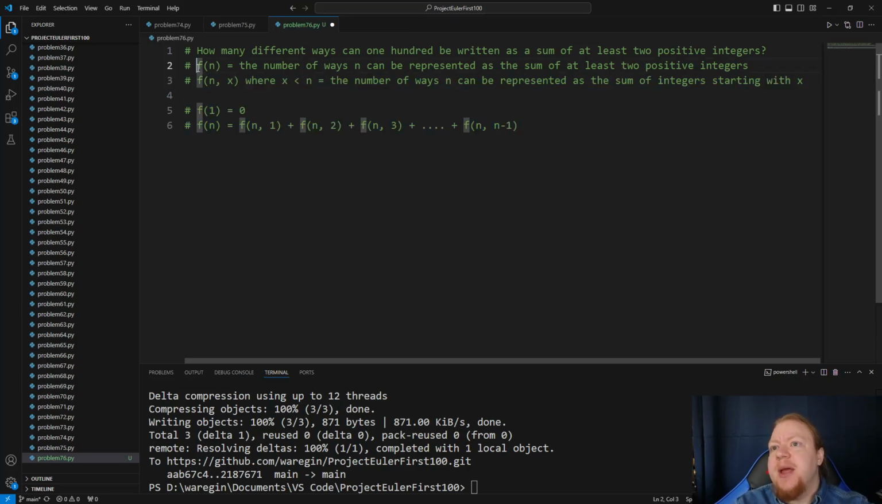Okay, so if we imagine a function that takes in an n, and that function tells us how many different ways n can be written as a sum of at least 2 positive integers, then f of n is the sum of the series f of n,1. So we're also going to have this function f of n,x, where x is less than n, and this function is the number of ways n can be represented as the sum of integers starting with x. The wording's a little bit confusing here, but basically what I mean is like